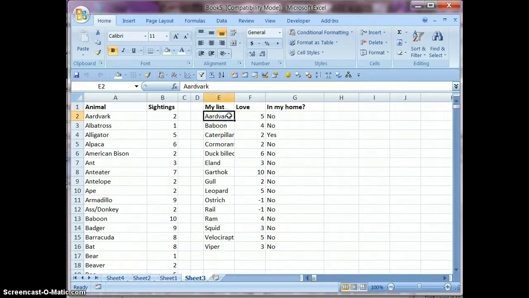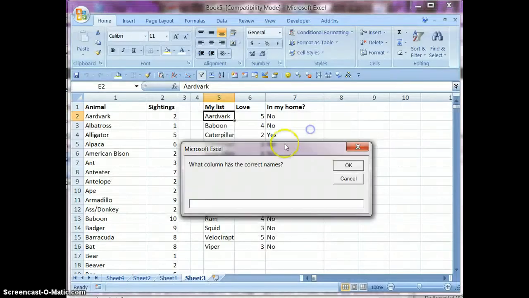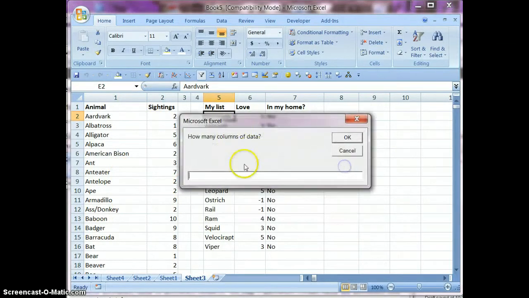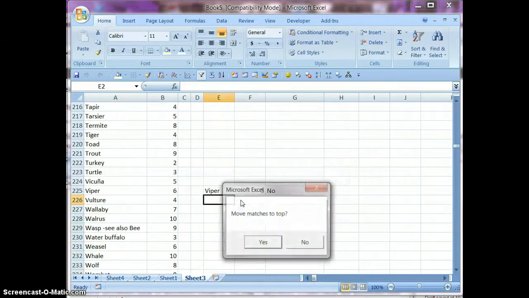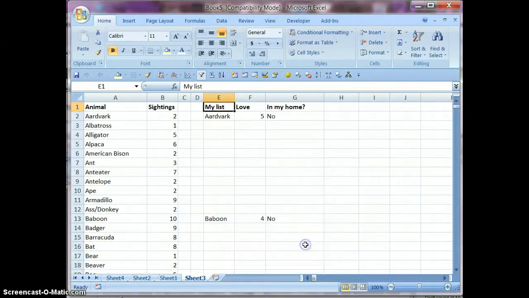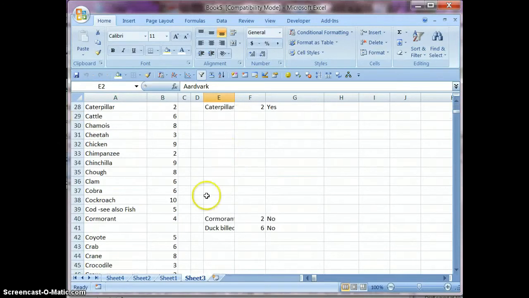The other advantage that this file has is you might not want to move everything to the top. In this particular case, I'm going to run the macro and say column 1 has the correct names, and of course 2 columns follow the name, I'm sorry. Move matches to the top. I'm going to say no, because what this will allow for is for me to immediately see what is missing